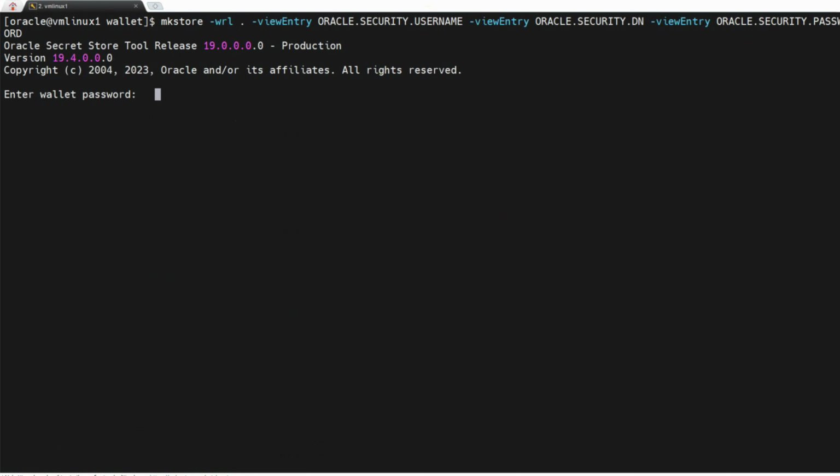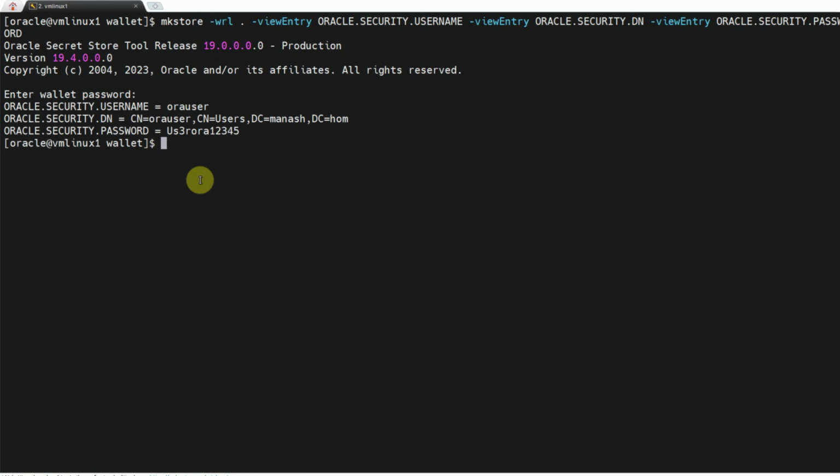Specify the wallet password again, and now we see the details, that is the username Aura user, security DN, that is the domain controller information, and the password for this Aura user, that is user aura 12345. With this we have completed the wallet configuration for AD integration. Now we have to make a few changes in the database. So connect to the database as sysdba,